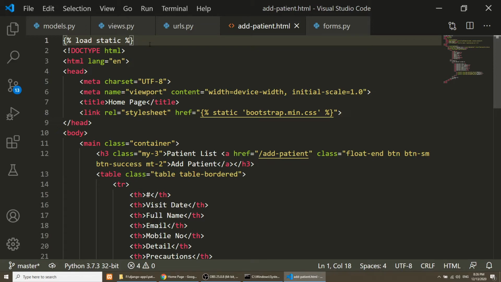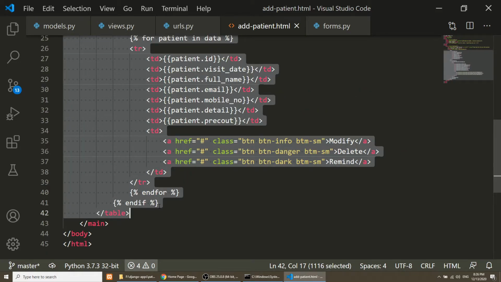And this will be our heading, add patient, and this will be the patient list link, and here we will define the link. We will remove the data inside the table, and we will create the form here.